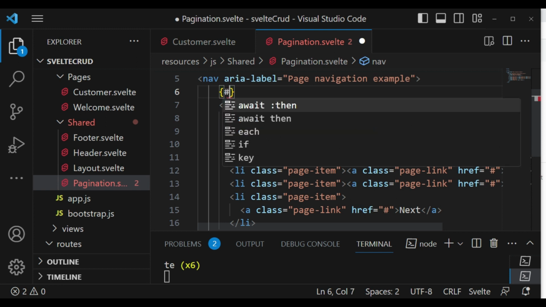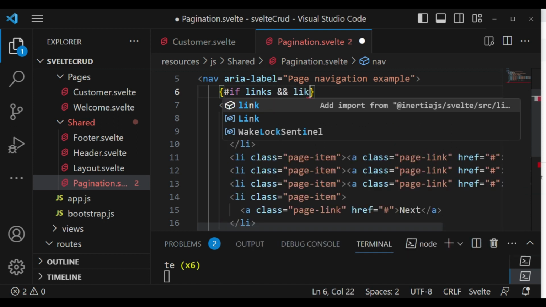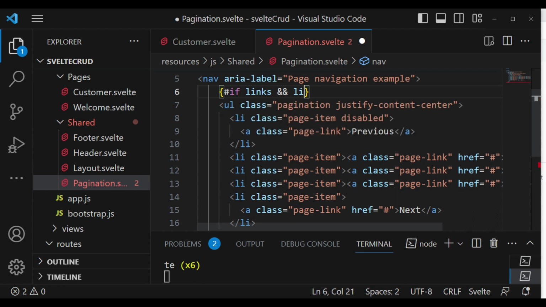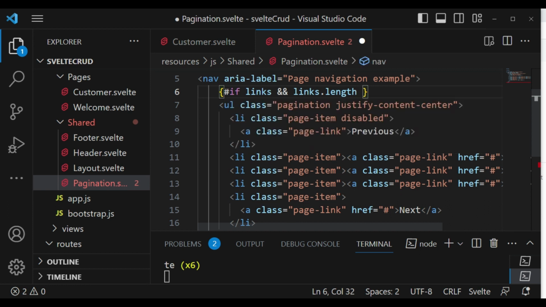So here we can say if links and links.length is not equals to 3. In other words, the first thing we are checking is if we have links. If the links are there and they are more than 3, then we can